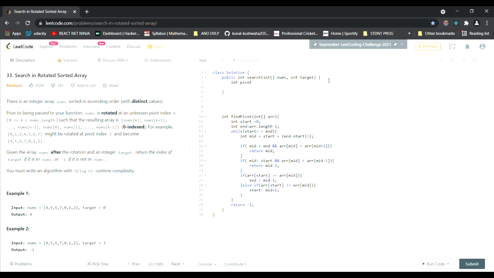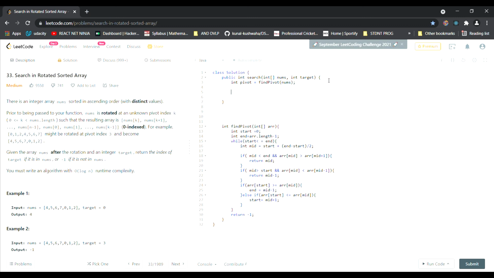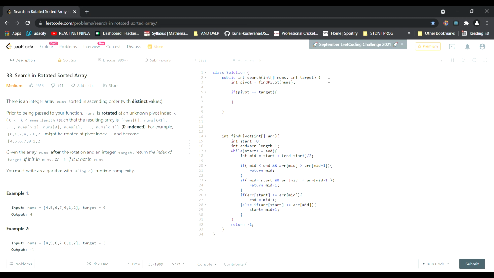In this function we'll declare that our pivot is what we have found with the help of the function that we have just created. We'll pass the array nums, sorry, and we have got the pivot. Now first of all, if our pivot is equal to our target, then simply we'll return the pivot. Okay,